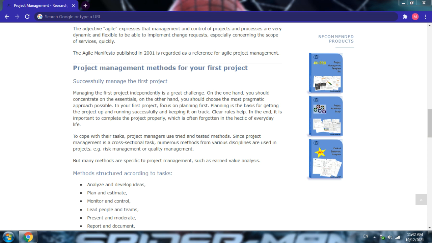Clear rules help. In the end, it is important to complete the project properly, which is often forgotten in the hectic of everyday life. To cope with their tasks, project managers use tried and tested methods. Since project management is a cross-sectional task, numerous methods from various disciplines are used in projects, e.g., risk management or quality management, but many methods are specific to project management, such as earned value analysis, methods structured according to tasks,